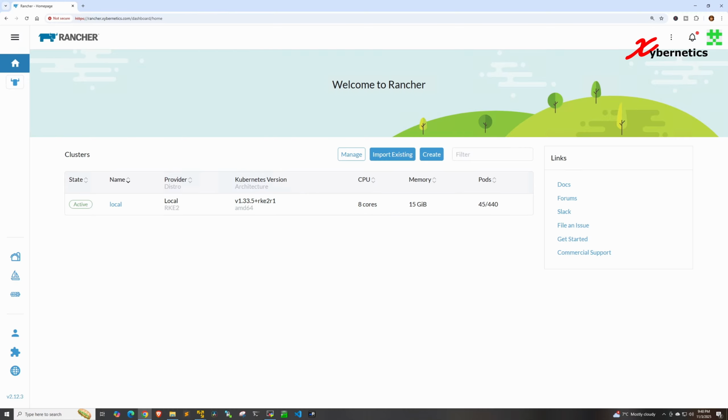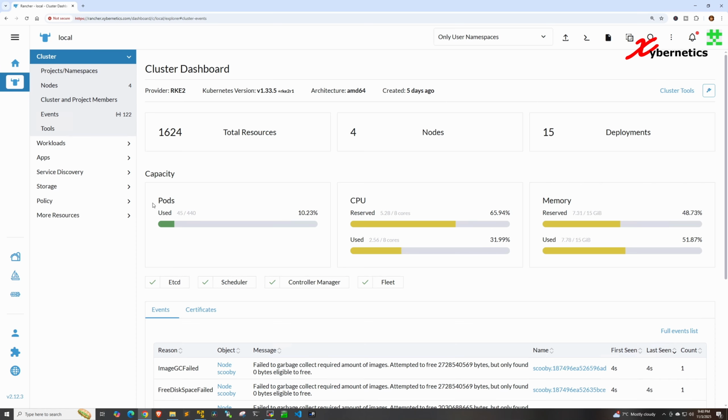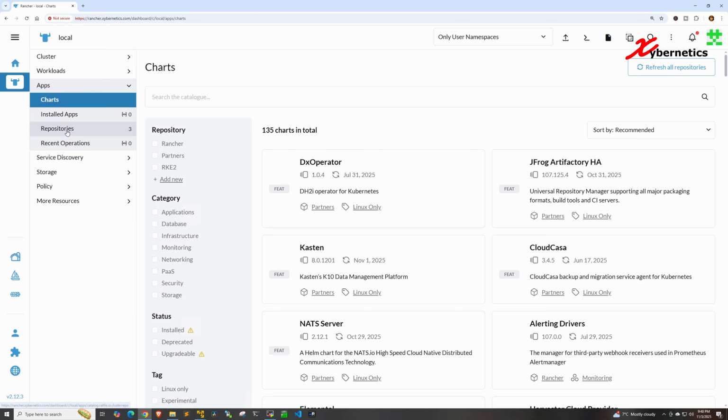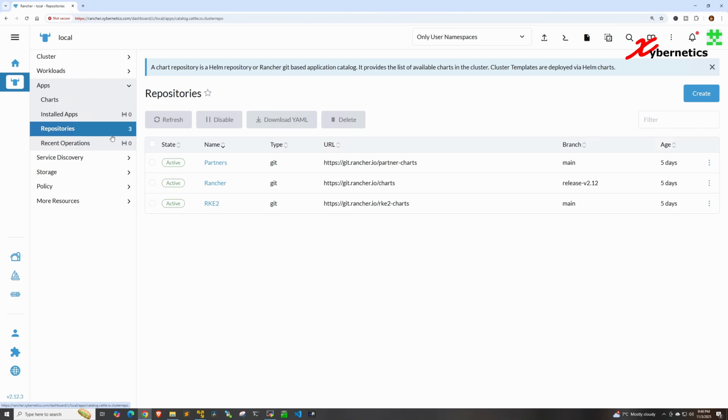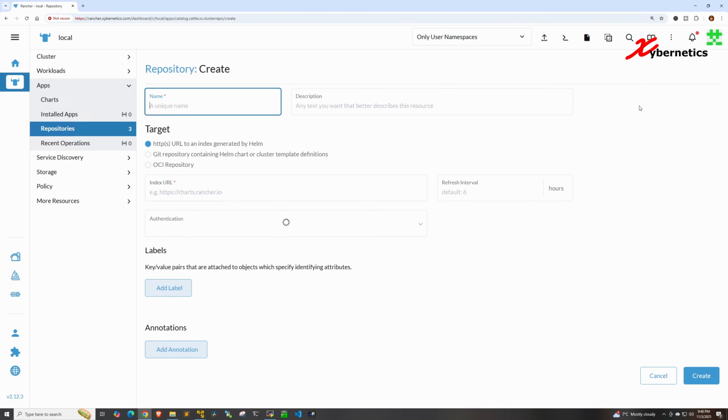The first thing we'll do is to add the MetalLB Helm repository to Rancher. Navigate to your cluster on your Rancher by clicking on the name of your cluster here. Then you go to apps, and then after that click on repository. In here you're going to click on create, and after that you're going to give it a name for this repository. I'm going to simply say MetalLB,